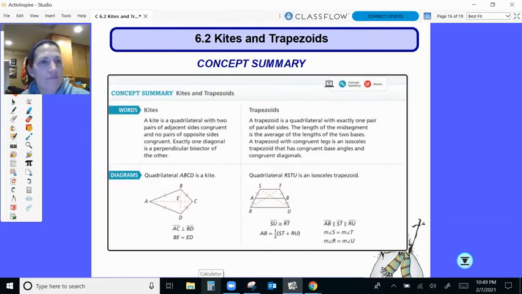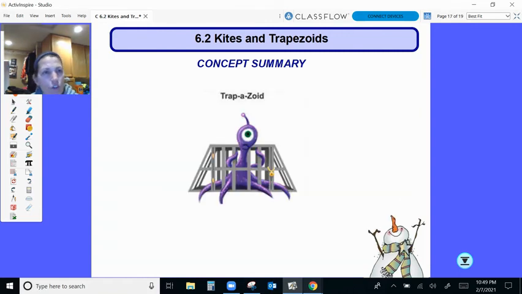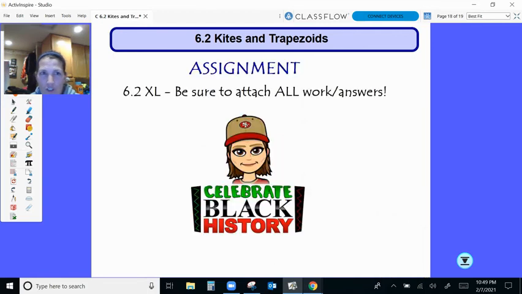Don't forget that, okay? All right, so here is my summary of my kites and my trapezoids. You have a little Excel in Google Classroom, and oh, there's my cute little trapezoid. This is the way it's trapped, okay? You have an Excel in Google Classroom for